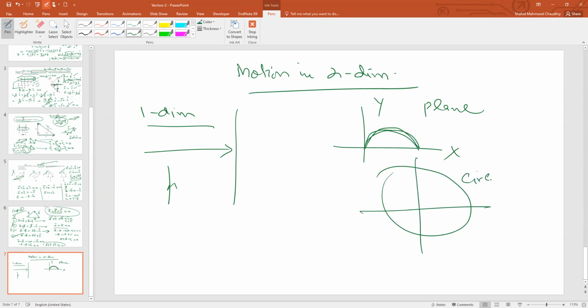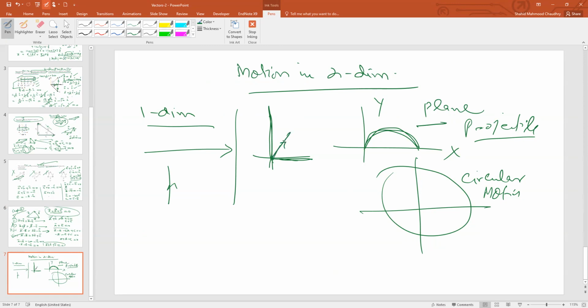We will study like this one, or like this one. This is called circular motion. So circular motion is 2 dimensional. Here we will also study projectile motion. Projectile motion is like a missile motion. So this is also 2 dimensional motion. What is the meaning of 2 dimensional motion here? If we throw the ball upward vertically and it comes back down, then it is 1 dimensional. But if we throw the ball and it makes an angle less than 90 degrees to the horizontal, then its motion will be like this one.